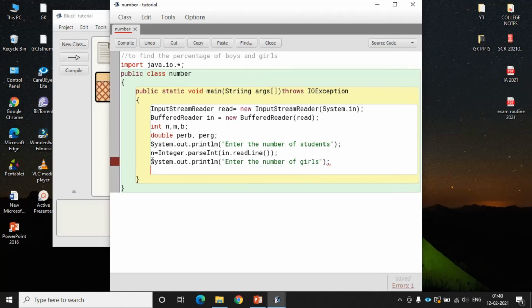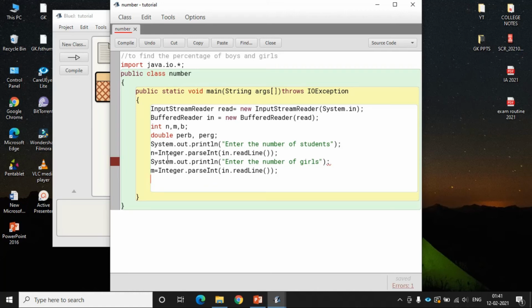And this we will store in variable m equal to Integer.parseInt(in.readLine()). As you can see, one mistake is showing here. We will correct it later.